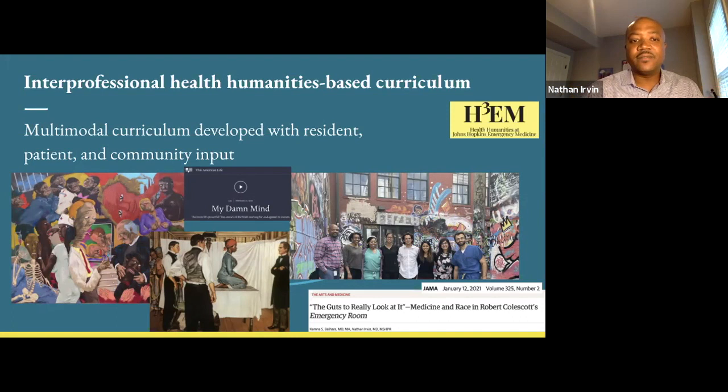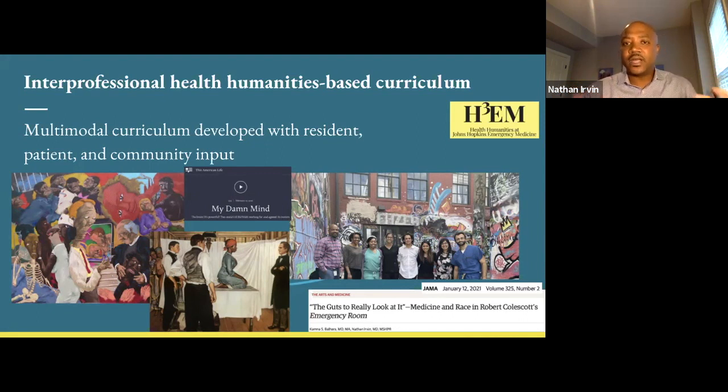Our curriculum was developed with input from residents, patient family advisory council members, and medical educator experts, and really harnesses humanities-based modalities, including art, narrative reflection, poetry, as well as community engagement to help our residents mine the past, reflect on the present and all the things we're doing right now in Baltimore with patients and within our own organization, and then figure out how we can make things better moving forward. I think this proactive approach is really important.